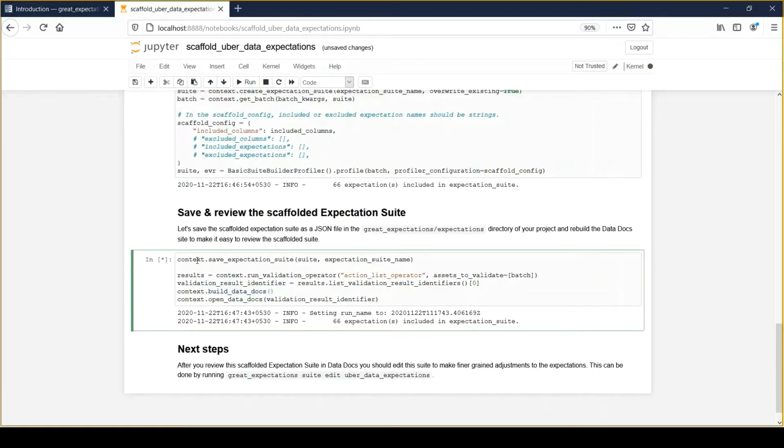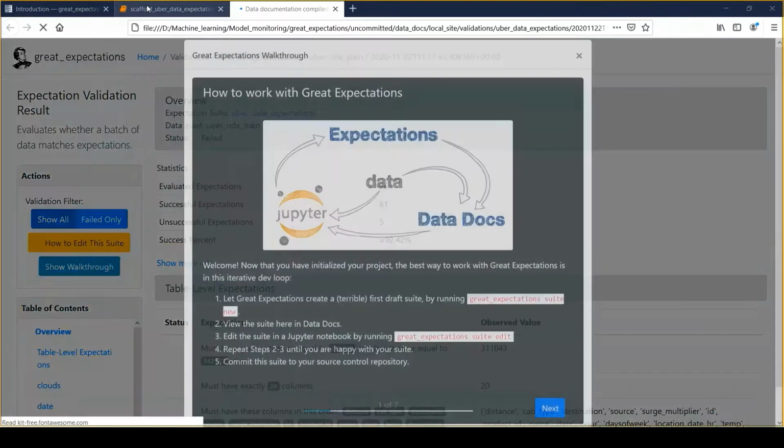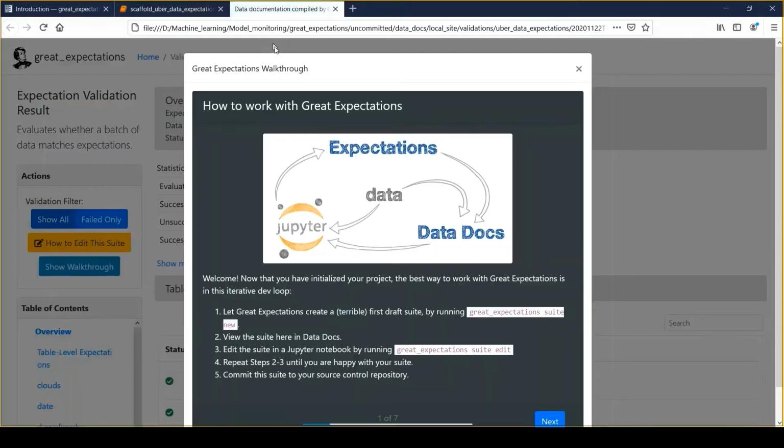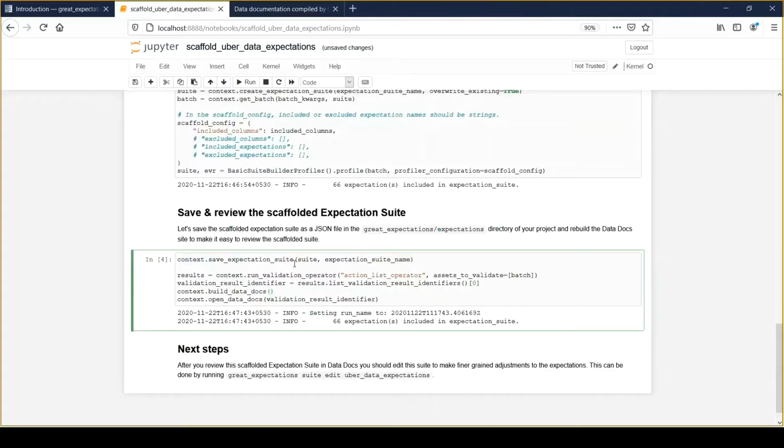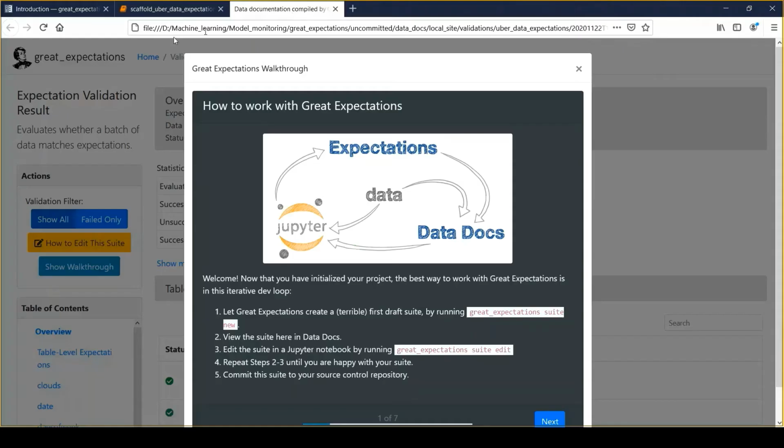You can see that it's saving the expectation suite, and after saving, it will open another notebook where we can see the updated docs. If you look at the steps carefully, in the first step it saves the expectation suite, then it runs a validator against my training data, then it creates the data documentation, and then it opens the data documentation here.